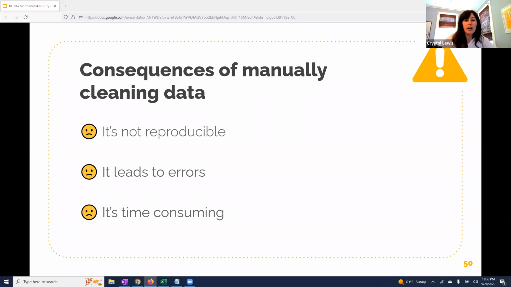And then last, hand cleaning data is time consuming, right? It may seem time consuming to write a data cleaning script the first time, but think about collecting data longitudinally. If you clean data by hand, you're doing that same long process every wave. Whereas if you clean data with code, it takes a while the first time, but after that, you just run your script every wave and you have clean data in a matter of seconds.